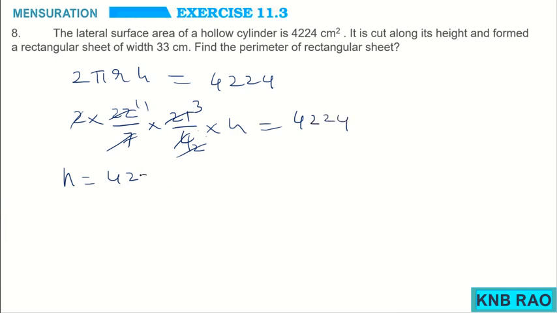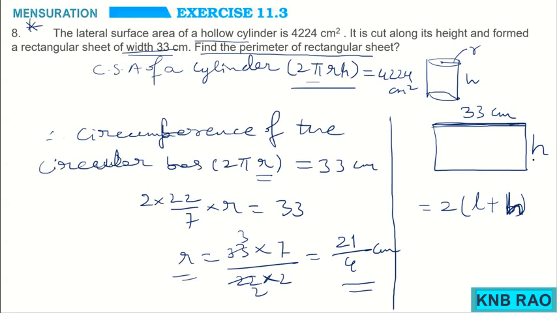So 4224 divided by 33. So h is equal to, we calculate the H value as 128 centimeter. Now here we got H as 128 centimeter. By substituting it in the perimeter formula, we get,